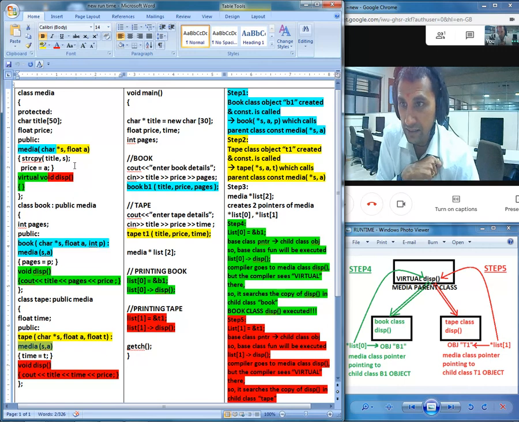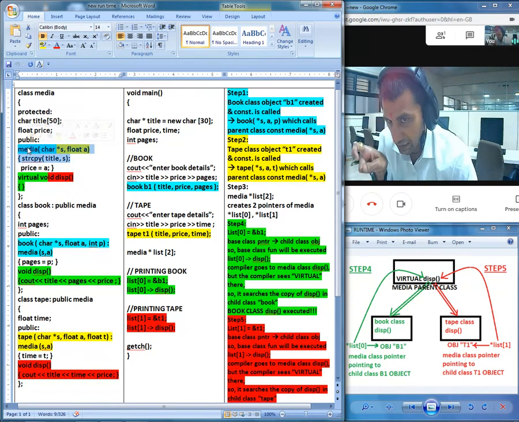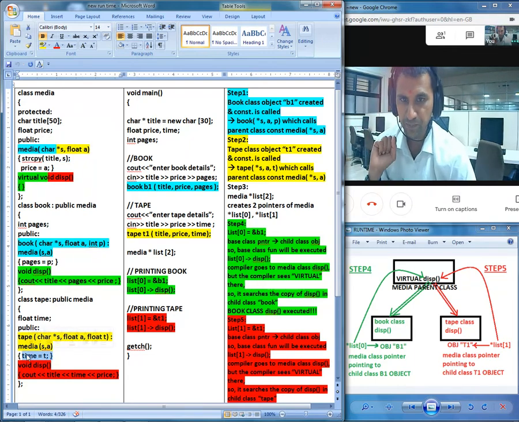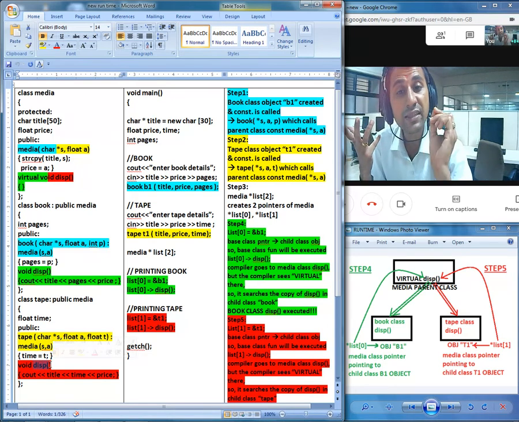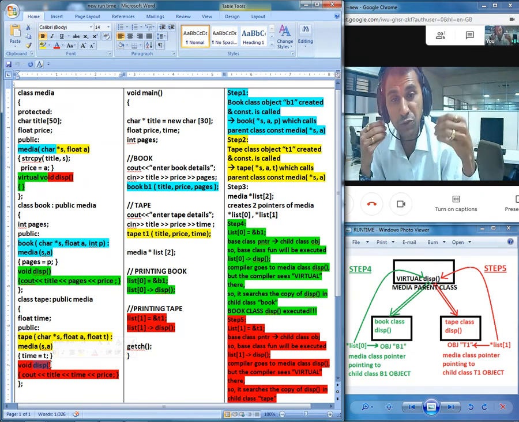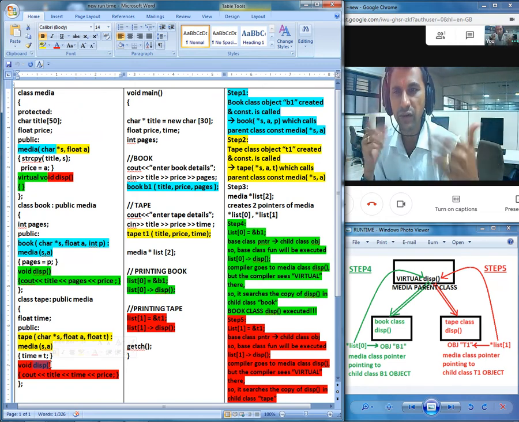Right after executing this base class constructor, we will get back to the child class constructor, and values will be initialized in time. Once again, we will find the display function there, which is a child class copy and which will be the executable copy, because the base class virtual will not execute. It will always pass the priority to the child class, and the child class function will be executed, just as a reminder.